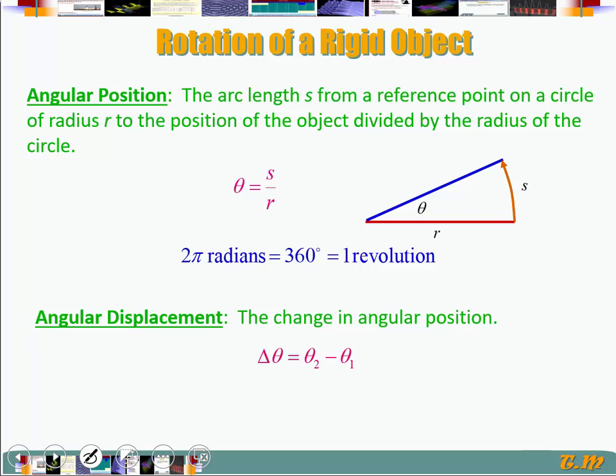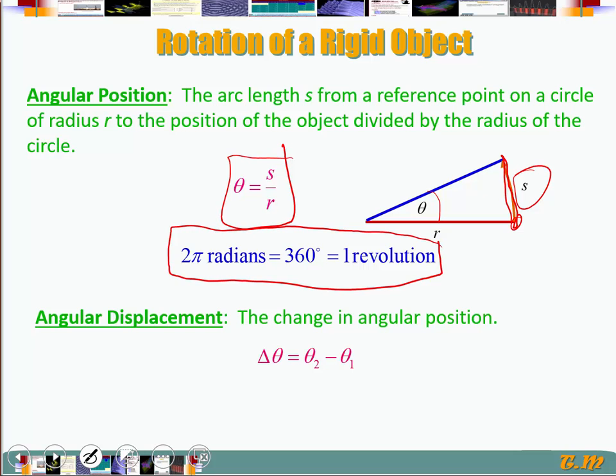In this video, we will introduce the quantities that we use to describe motion when objects rotate. For example, if I have an object going along an arc like this, an arc S, the length of that arc is related to the angle theta by this relationship. This relationship, you have used it quite a bit whenever you use the fact that 2 pi radians is equal to